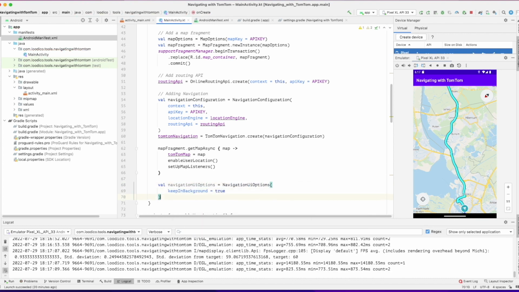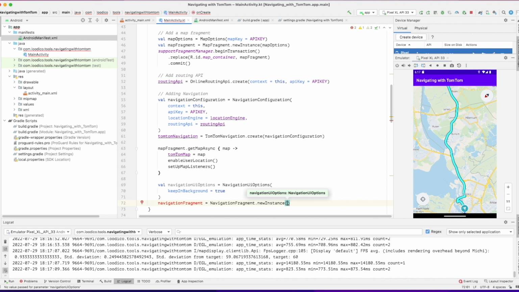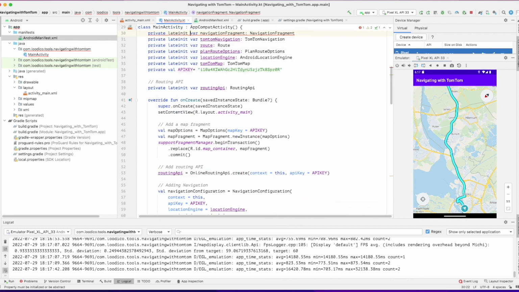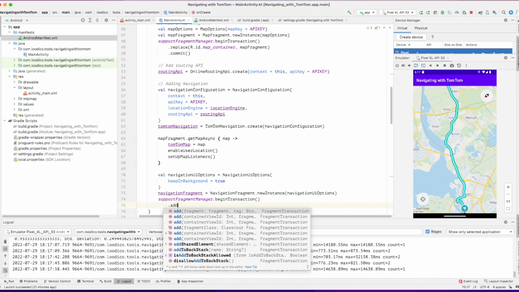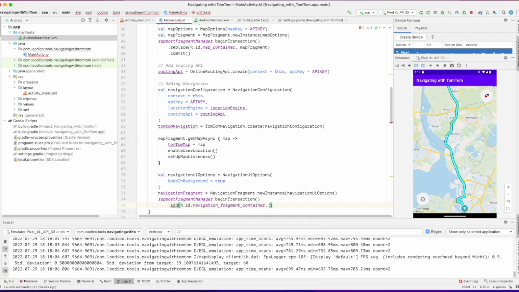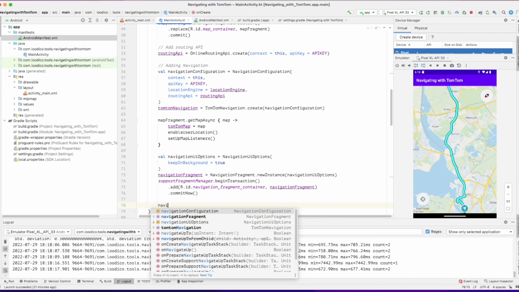And nicely enough, it's supposed to control the map camera, but we will see that later. So first we have the navigation UI options. We'll keep it in the background because while you're driving, if you move around in your application, you still want it to be alive. And using the fragment manager, we're going to add this navigation fragment. Commit now.